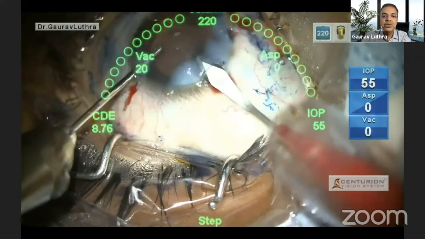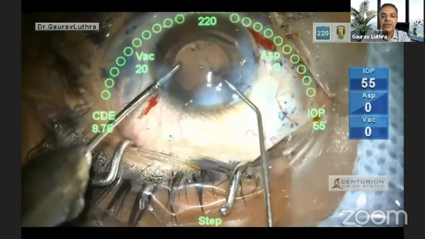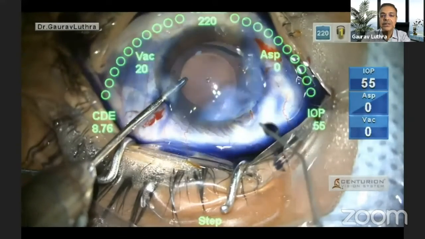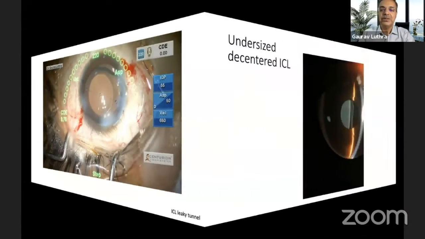So I'll just do a supraincisional tunnel. You can see how I'm doing it. I'm hardening the globe with infusion from my left hand, making a supraincisional pocket and hydrating it, just like a Wong incision, and see how fast it seals. You don't need to do any suturing or anything. This is rarely required, but when it is, it becomes very useful.